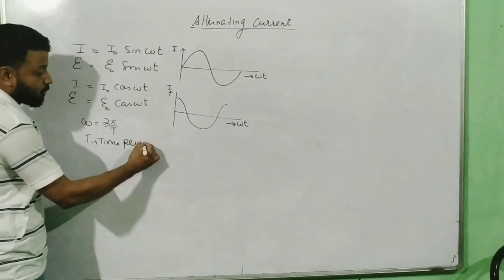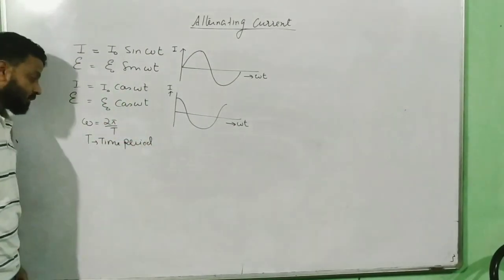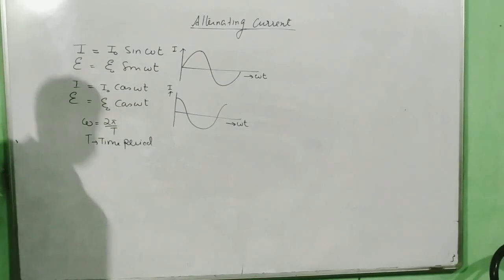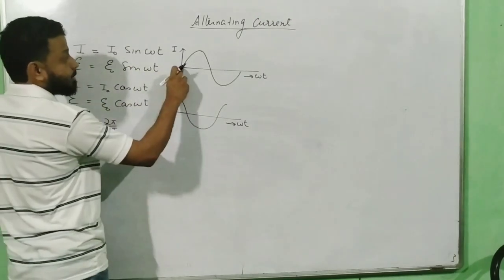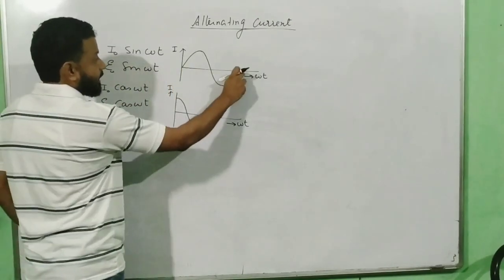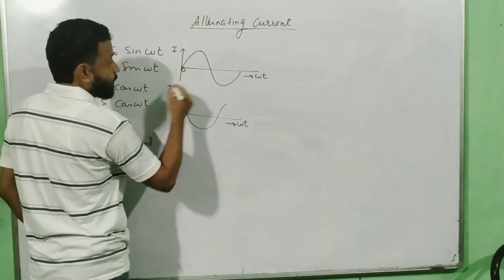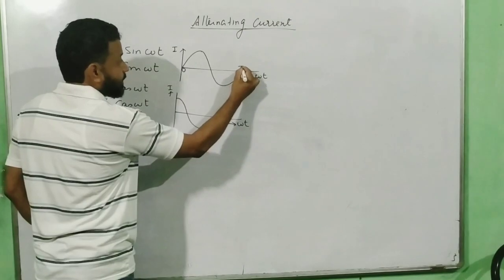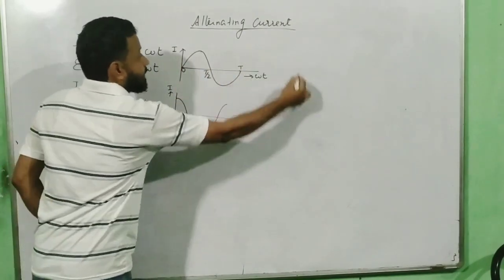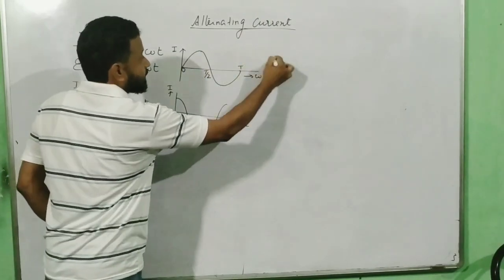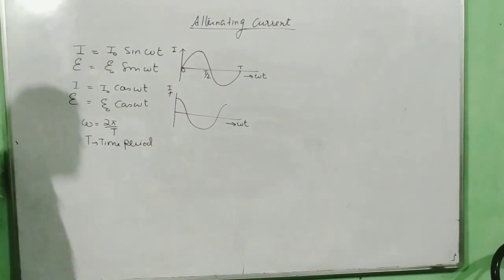Time period of one rotation. As I told you, the armature is rotated inside. So time period is the time taken to complete one rotation of the armature, and if you compare that with the graph, it is the same time it takes to complete one cycle. This is called one cycle. If I consider this as 0 time, then when it reaches over here, this time is T and this is your halfway, T by 2. And then the cycle repeats. So T here is also the time taken to complete one cycle.